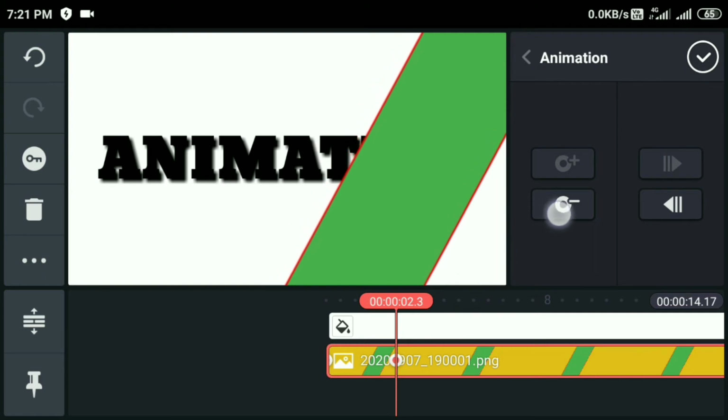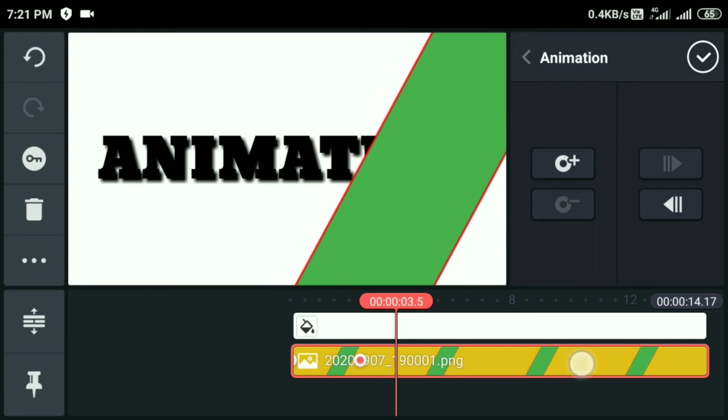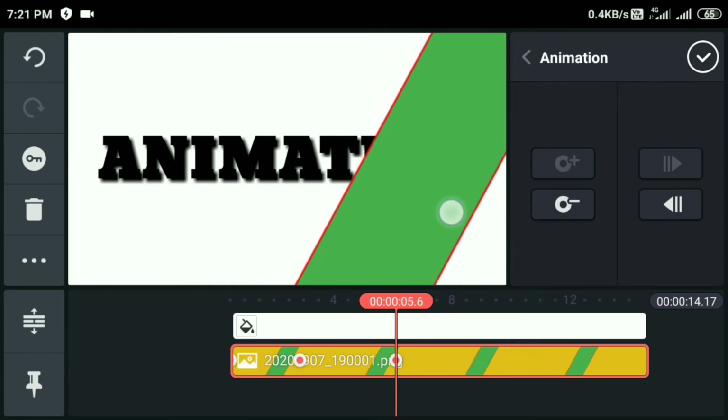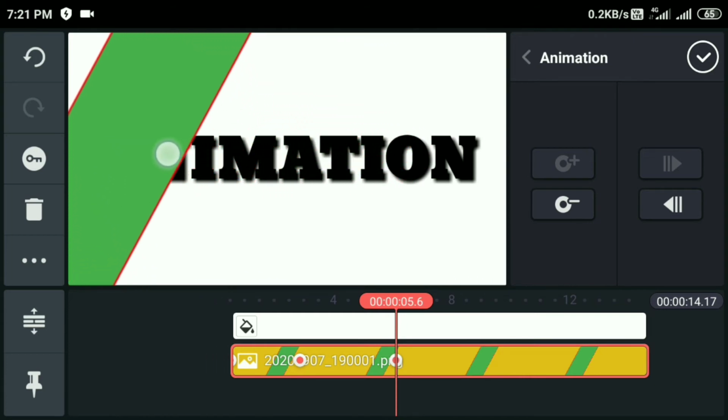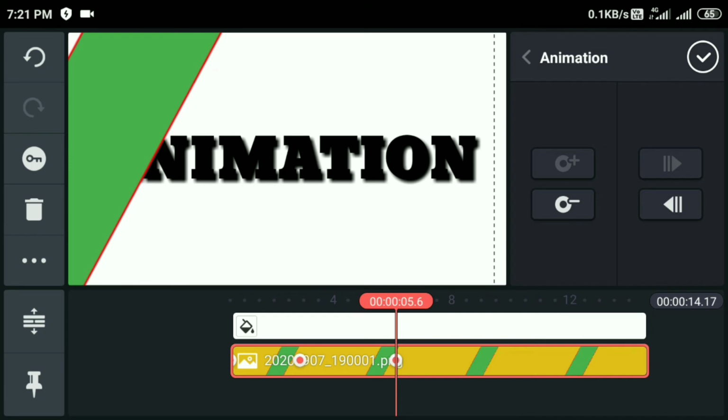Move it forward, then backward, again forward, then backward. You will have to make to and fro animation for this PNG image.